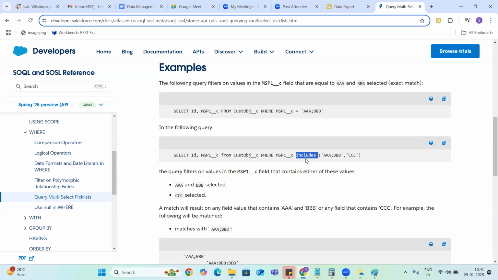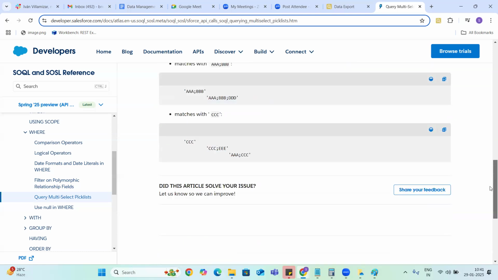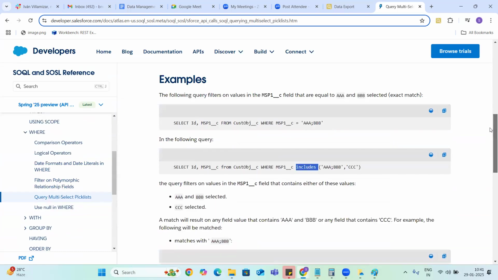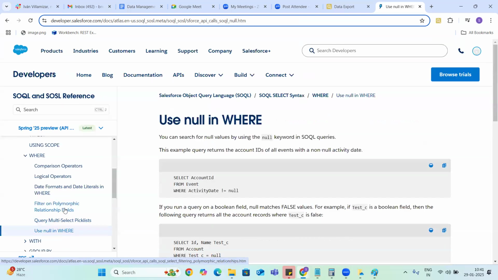That's the difference between multi-select and normal values. Normal fields always have one value, so we can use in. In the case of multi-select we use includes, and instead of not in, it's excludes. That is what you have to remember for multi-select.